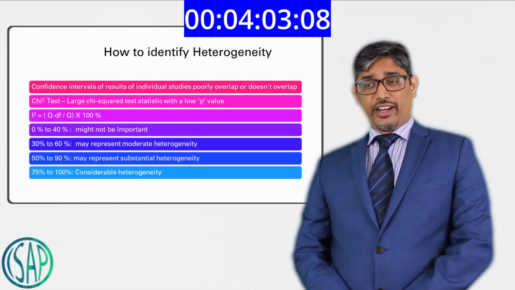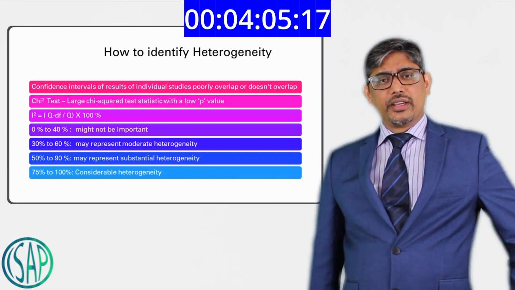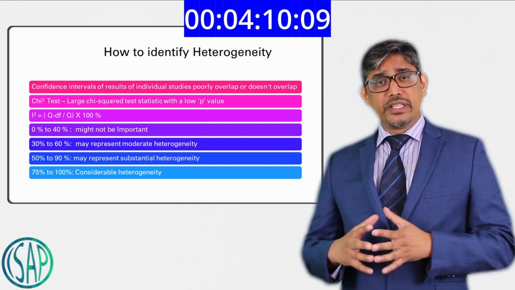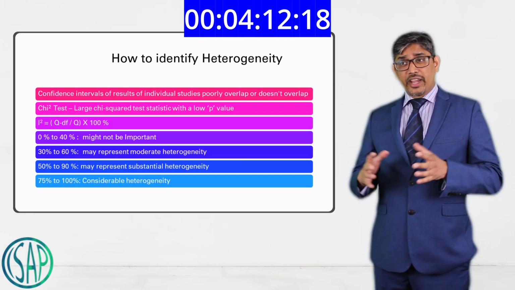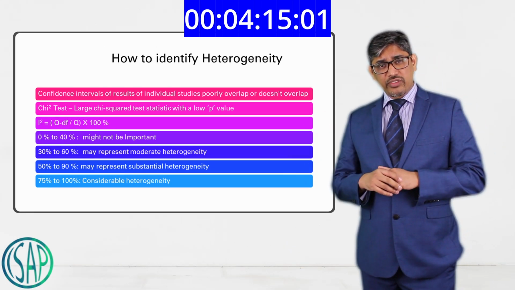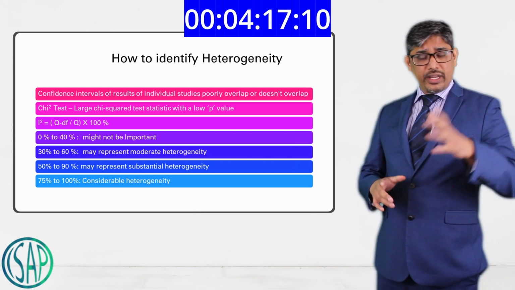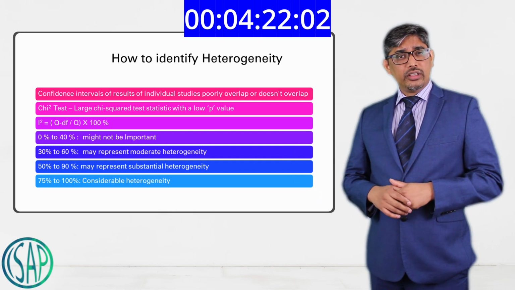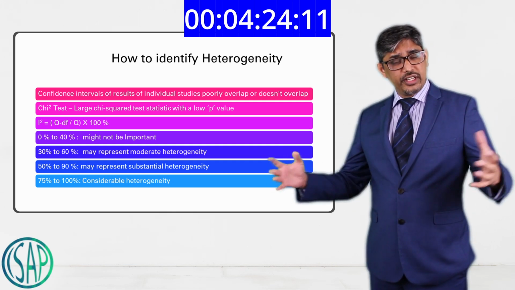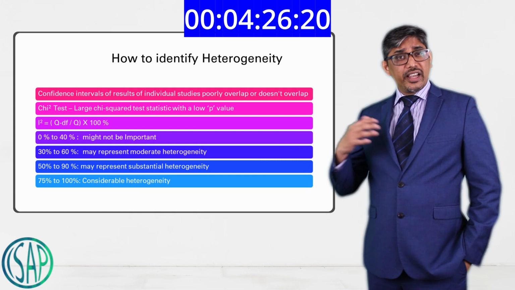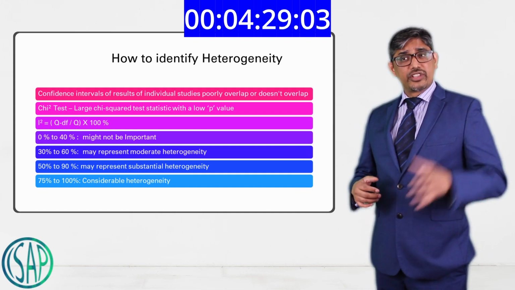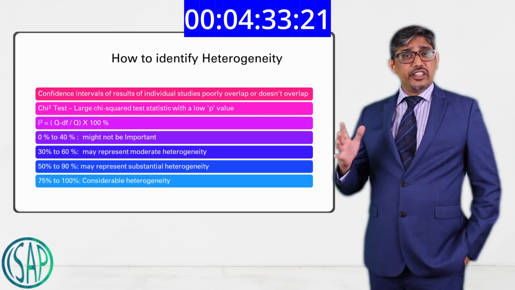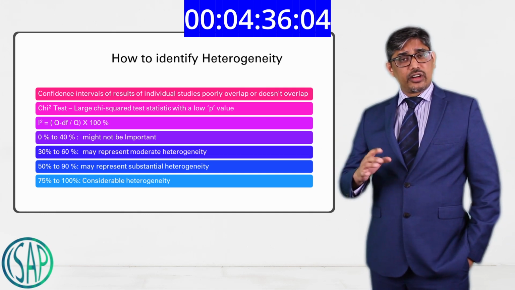How to identify heterogeneity? If you look at the results, outcomes, pooled estimates, if you see the wider confidence intervals, that means there is a lack of precision. There exists some heterogeneity. Is there any way we can quantify heterogeneity? Yes. Simply, a screening test like chi-square test will give us a Q value. The bigger the Q, the higher the amount of heterogeneity. Bigger the Q, bigger the I square value. I square is equal to Q minus degrees of freedom divided by Q, into 100%. So here in this formula you can see the I square and Q are directly related.